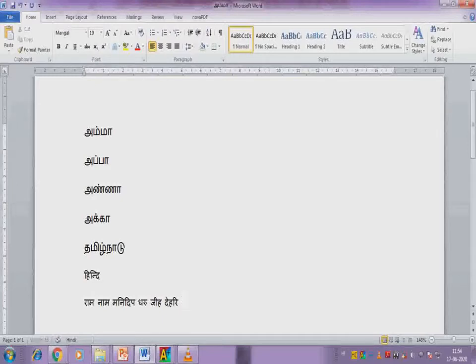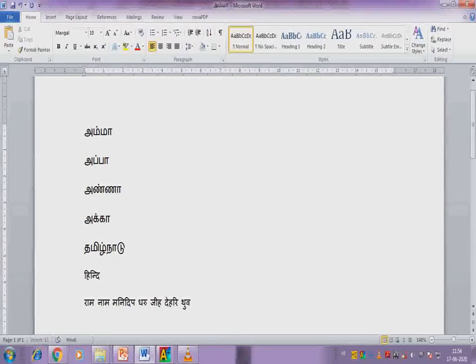I am not getting the tu letter. For typing tuvar, you have to use capital D and HOO. If you type like that, you will get tu. For typing var, as usual you use VAR.